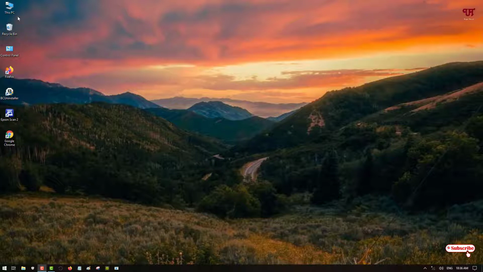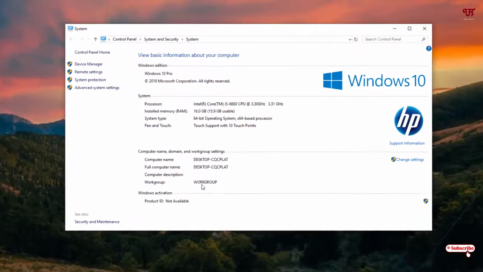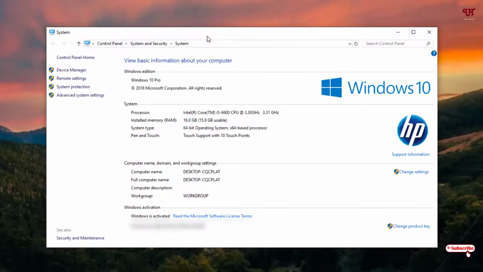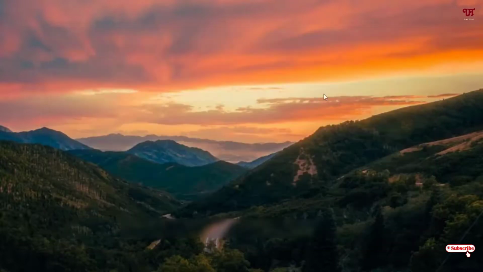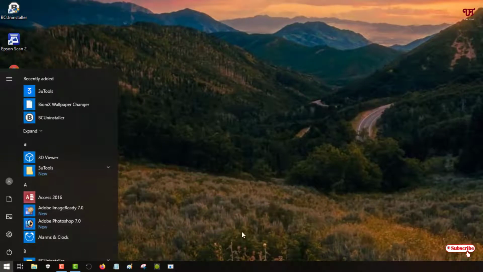So first of all, when I go to This PC and go to the properties, you won't see any details about what type of Windows operating system license your computer is using. So for this, what you need to do is open the start menu and